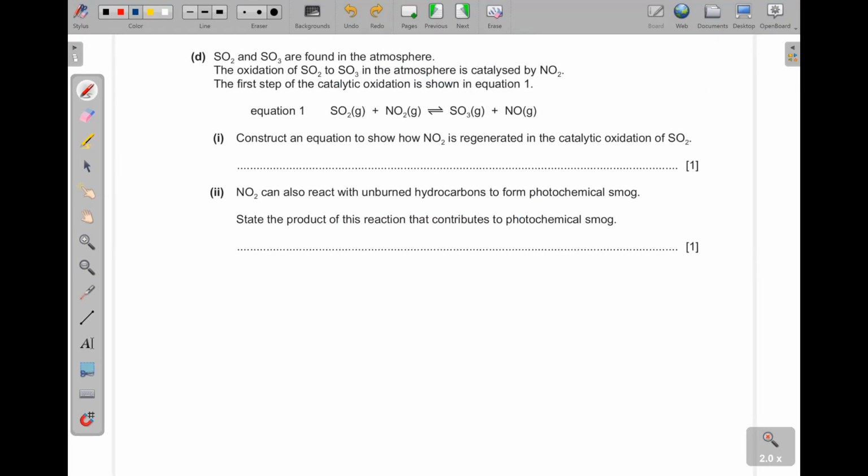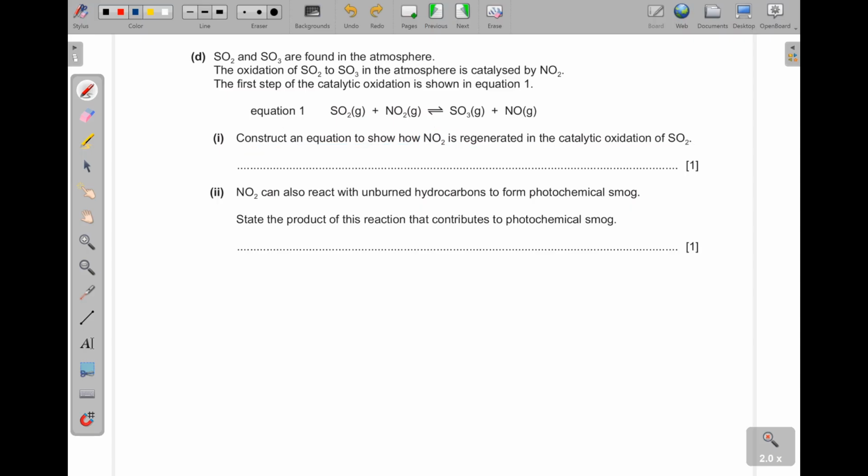Then D, sulfur dioxide and sulfur trioxide are found in the atmosphere. The oxidation of sulfur dioxide to sulfur trioxide in the atmosphere is catalyzed by nitrogen dioxide. Okay, then the first step of the catalytic oxidation is shown in this equation here. So how we can see that nitrogen here is losing an oxygen which is added to this, then you are seeing this, right? And then from there, construct an equation to show how nitrogen dioxide is regenerated in the catalytic